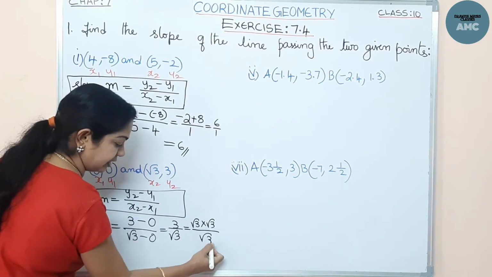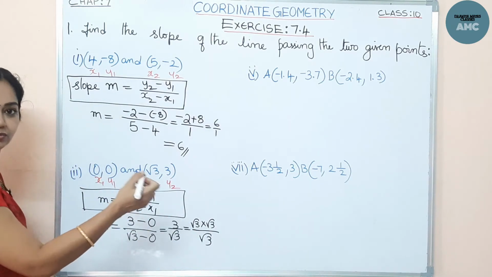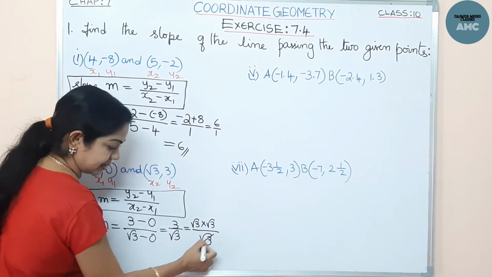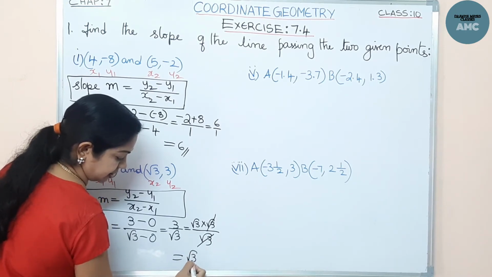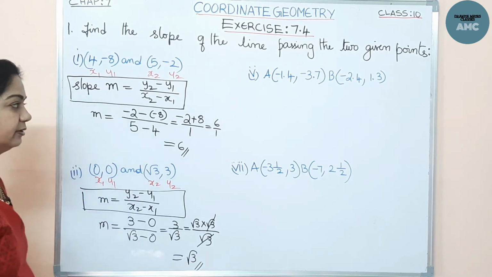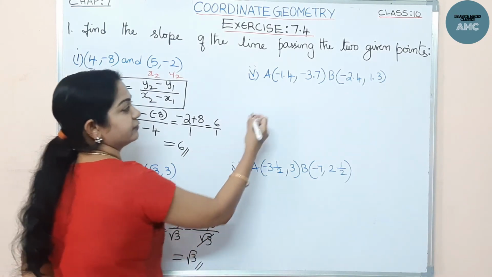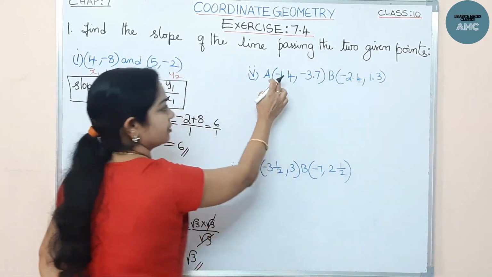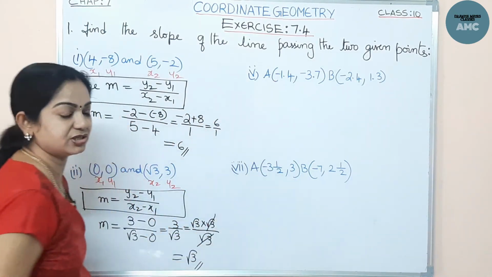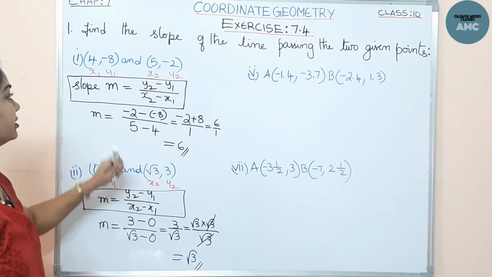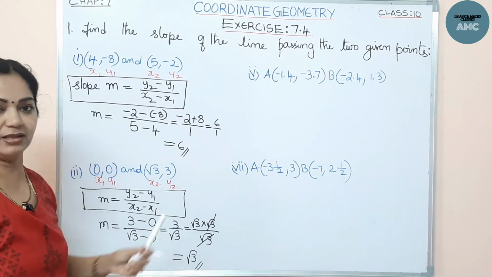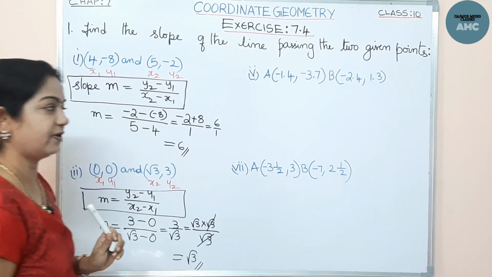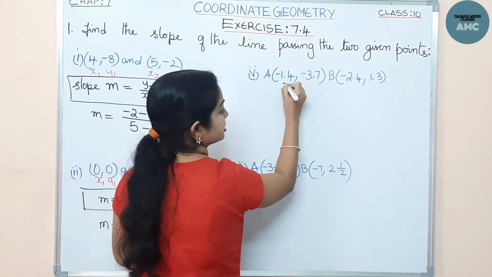So we can dissolve 3 as root 3 into root 3, so that I will cancel 1 root 3. So the slope becomes just root 3. Okay, here. Now the fifth problem I have noted down, because there are variations. Now this is the decimal one, this is a fraction, and it is having origin and it is having minus. So I have taken these variation problems. The other few two problems are very easy. You solve it for yourself.